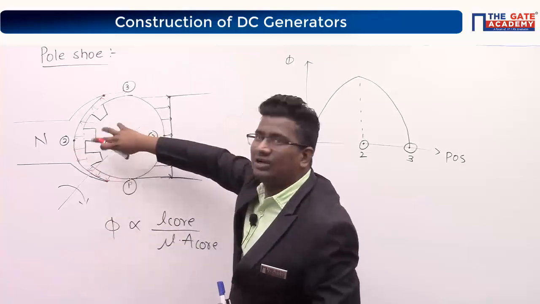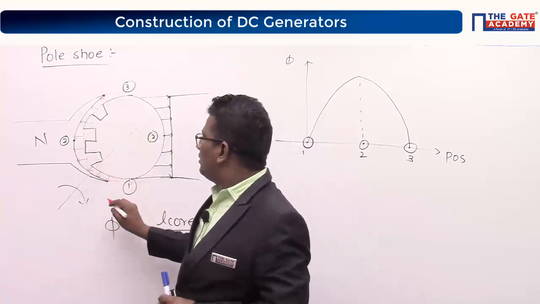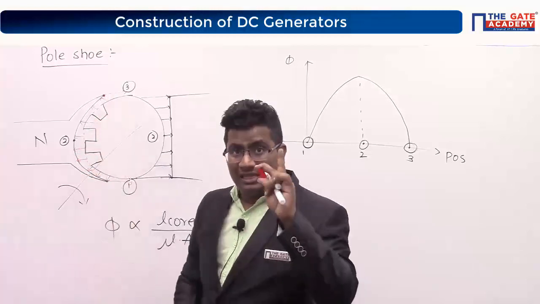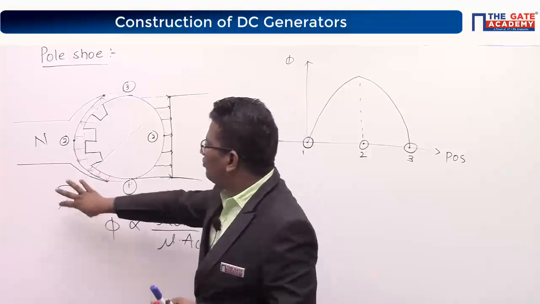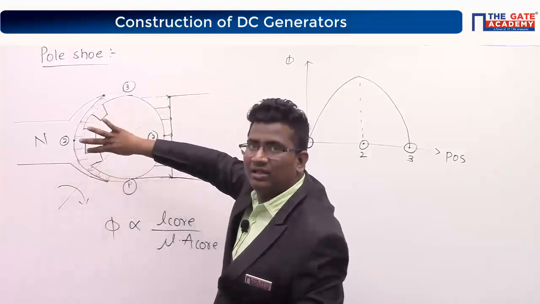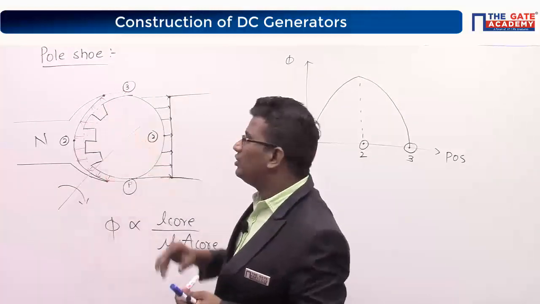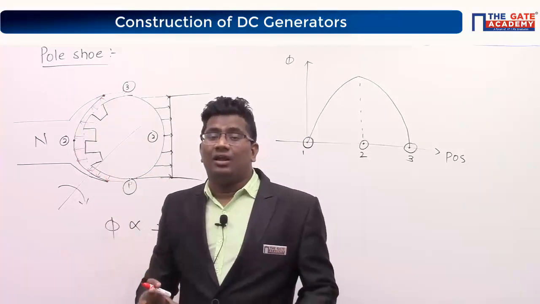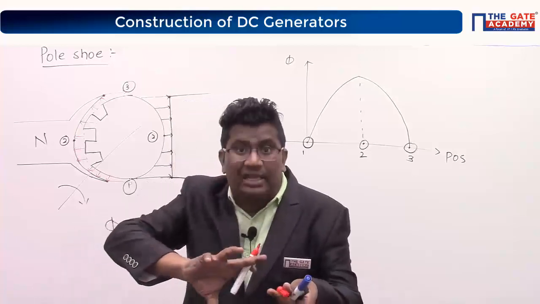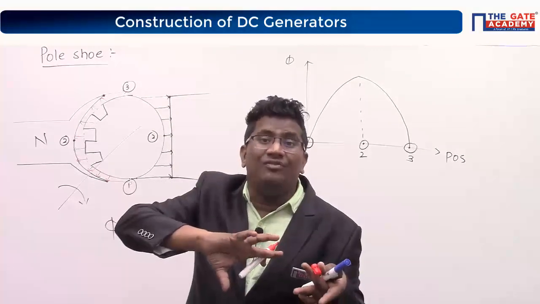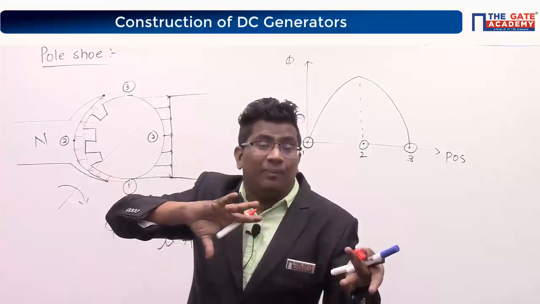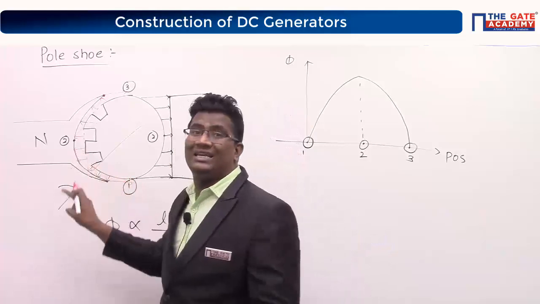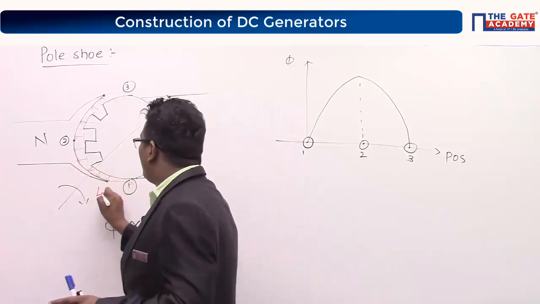If I rotate the rotor in this direction without putting the slots, tell me, is the area from here to here constant or not? Yes. Which direction are we moving? In this direction. Therefore, the point where your rotor is entering, underline the word, very important: the point where the rotor is entering into the pole region is called leading pole tip.